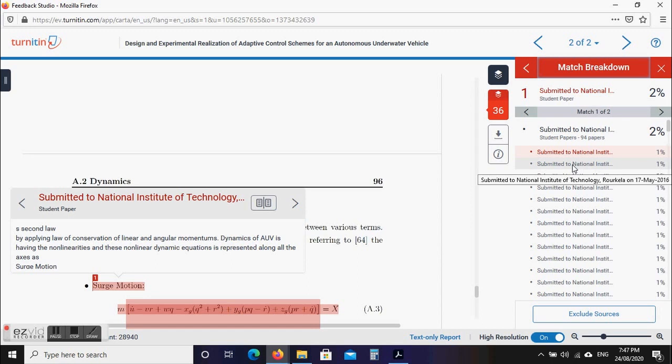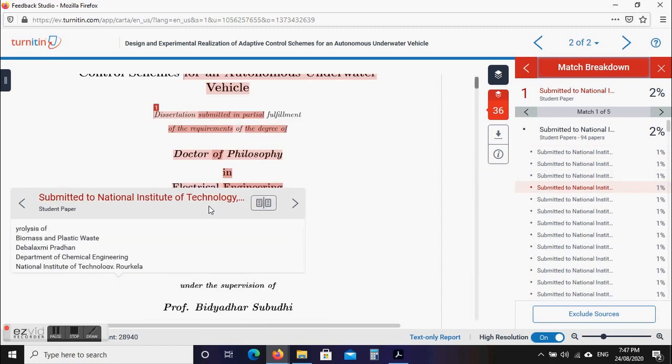But if you try to access their resource, it won't open. It will just display a message, send an email, because that is their intellectual property, stored in Turnitin. It won't allow you to see the full content.